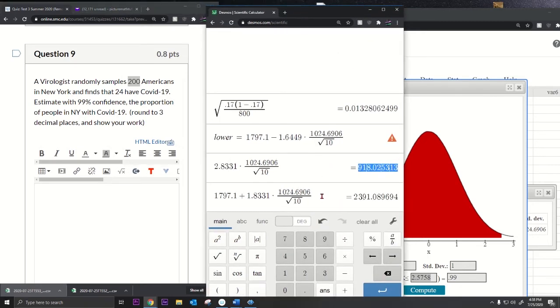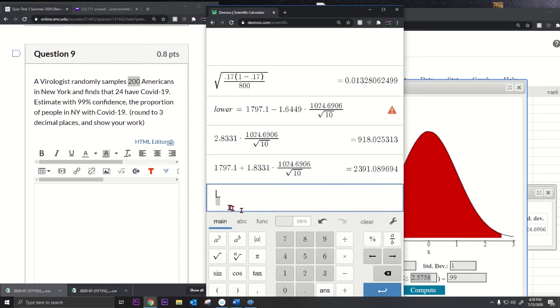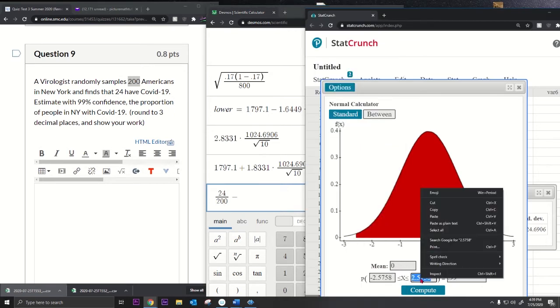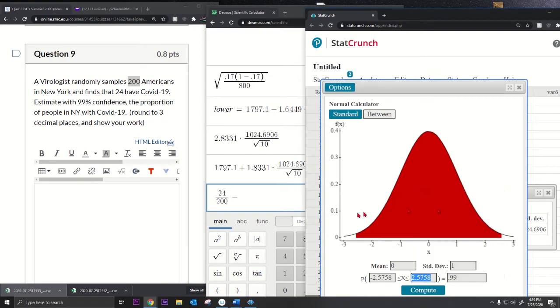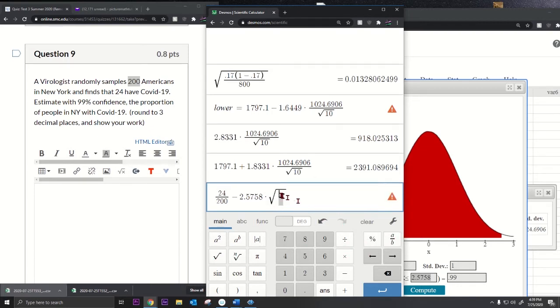So what I'm gonna do, let's go to Desmos and put a fraction. So I know the formula. It's 24 divided by 200. That's p hat minus the critical value. And we're using a normal calculator, so be careful, make sure we don't make a mistake. We're using the normal calculator times, and then I'm gonna put square root, and I'm gonna put fraction in here,